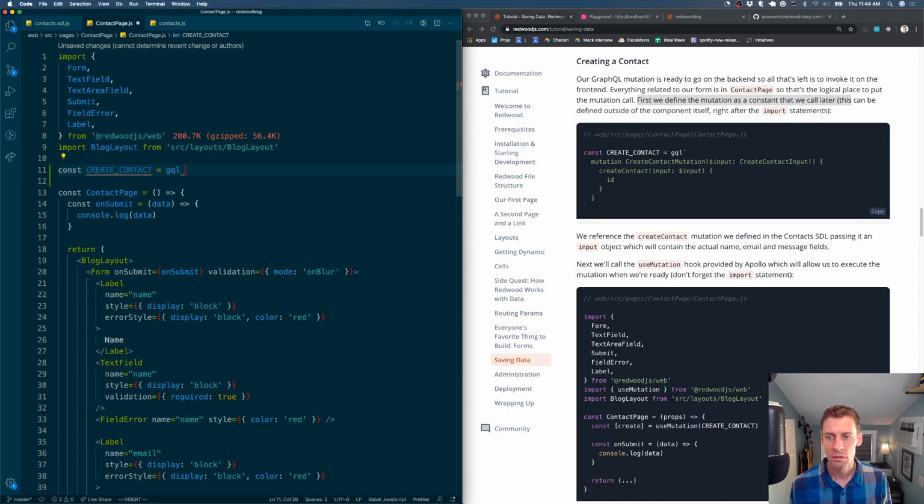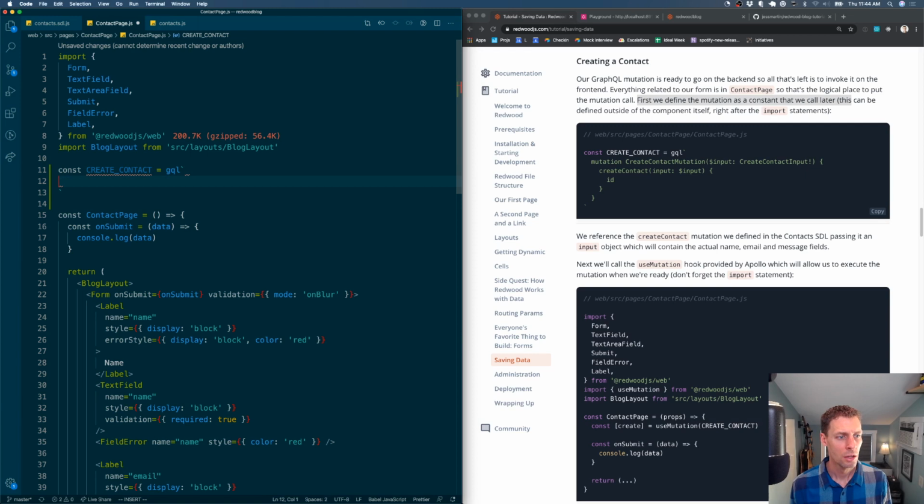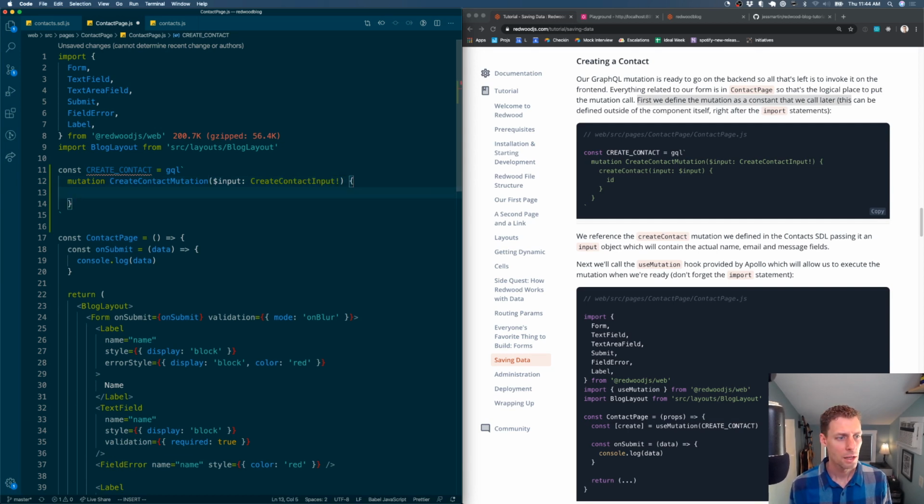mutation, because this is going to write some GraphQL, and then we're going to insert the GraphQL that is going to get written here. So mutation, create contact mutation. It's going to take an input, create contact input bang, and inside the GraphQL call, we're going to call create contact. We're going to pass in the input